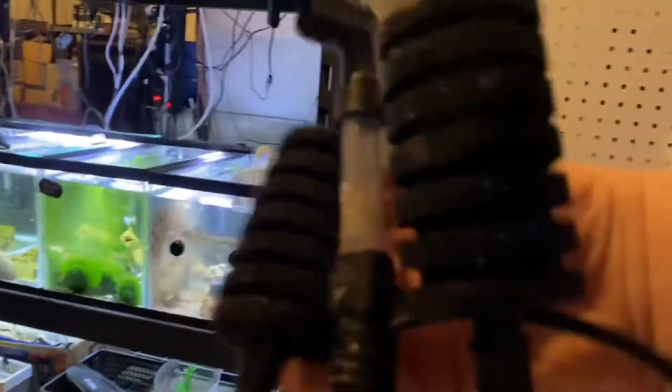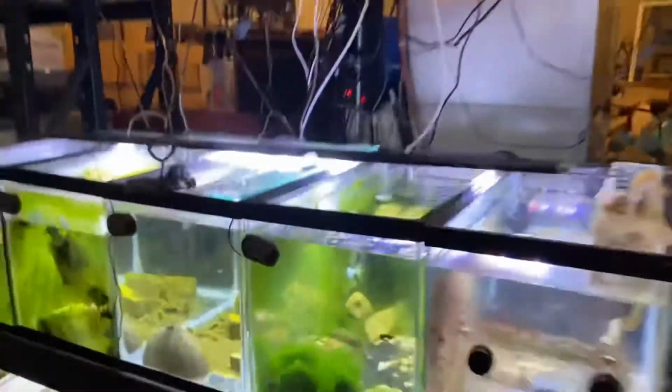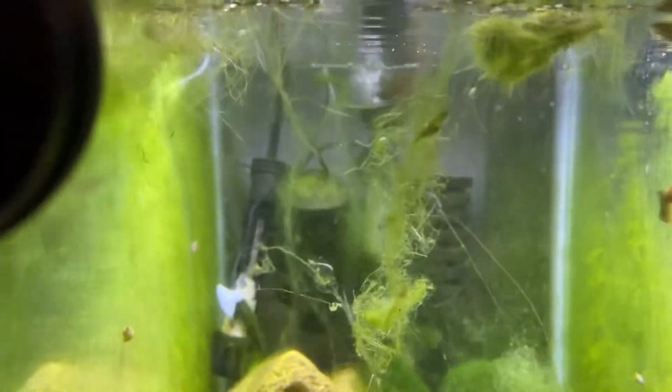So we're just going to use one of these small ones. Let's see if I, yeah. So this is a sponge filter. It's just the sponges, and air goes through it. So here we have some of our baby guppies. As you can see back here, there's a sponge filter, which absorbs all their fish waste at the same time as aerating the water, but it's much cheaper than buying